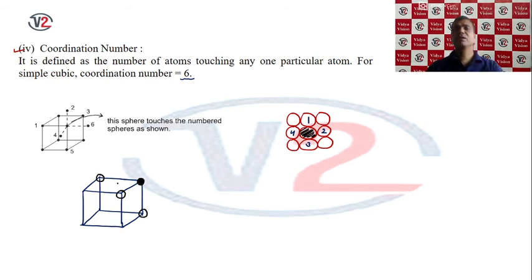this is only one unit cell. If we arrange the unit cell in all the directions, and if we determine the coordination number in a crystal lattice of a particular particle, then we can see that this particular particle is directly in contact with these three other particles also. So the coordination number of this particle will be equal to 6. Is it clear?